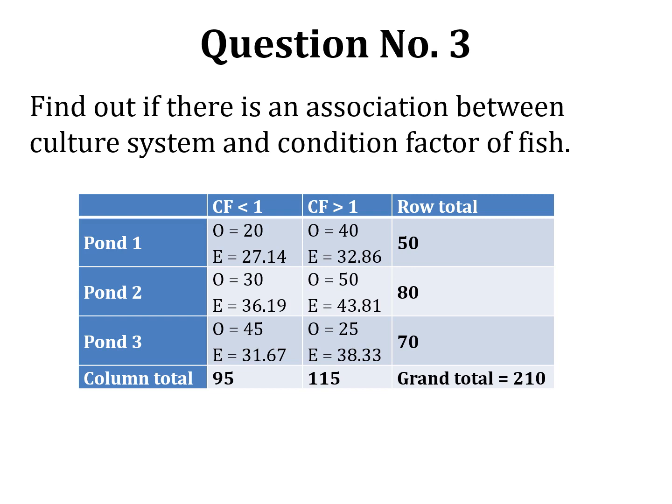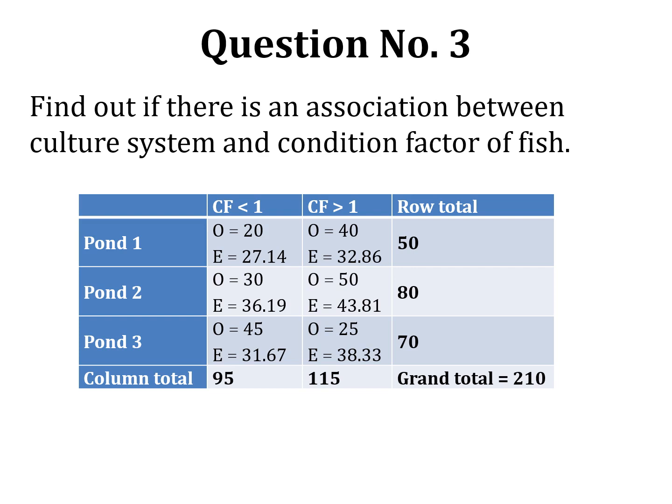And then in the next cell, we have fish which have condition factor more than 1 and they are present in pond 1. So the expected frequency is 32.86. Then in the next cell, we have fish which have condition factor greater than 1 and they're present in pond number 2. And their expected frequency is